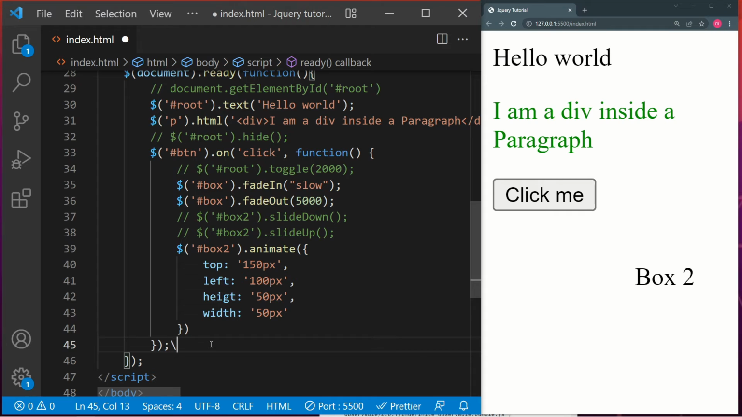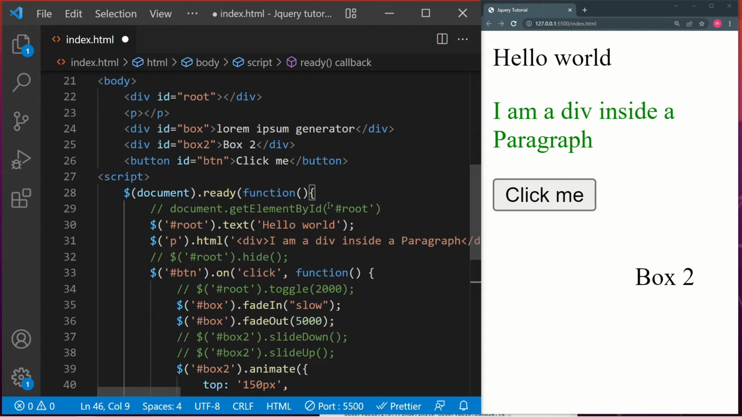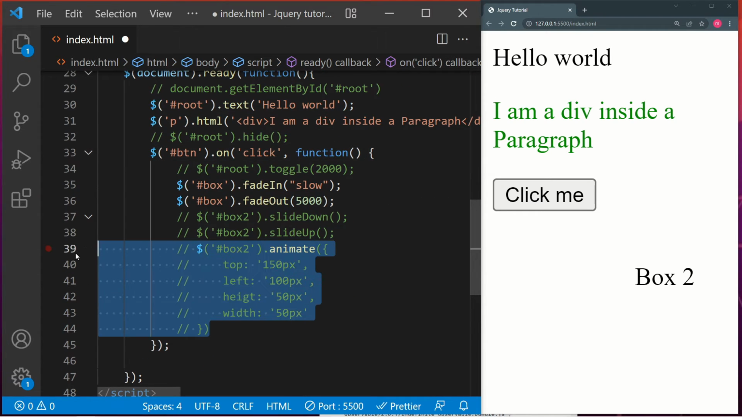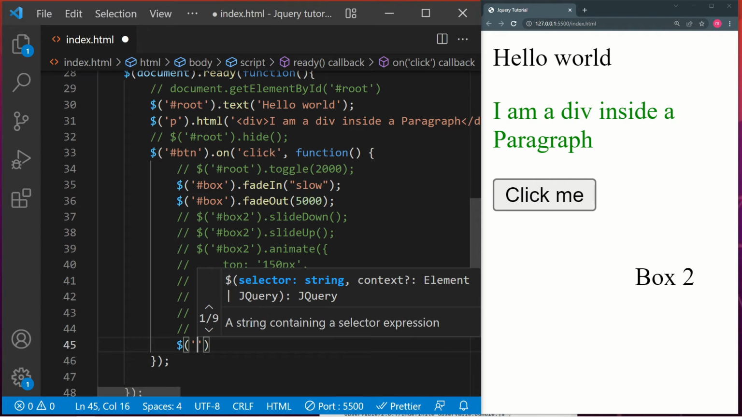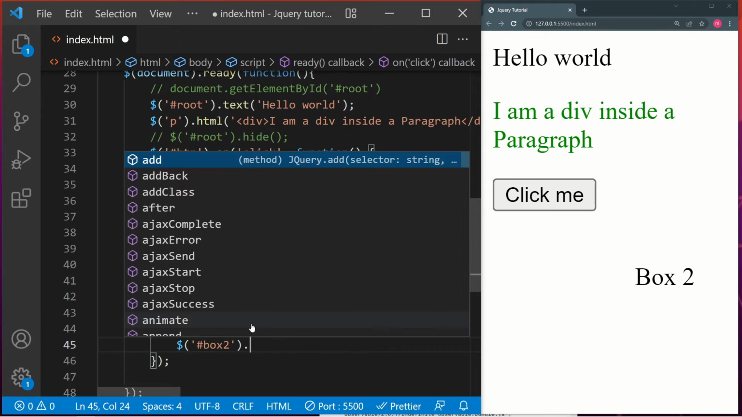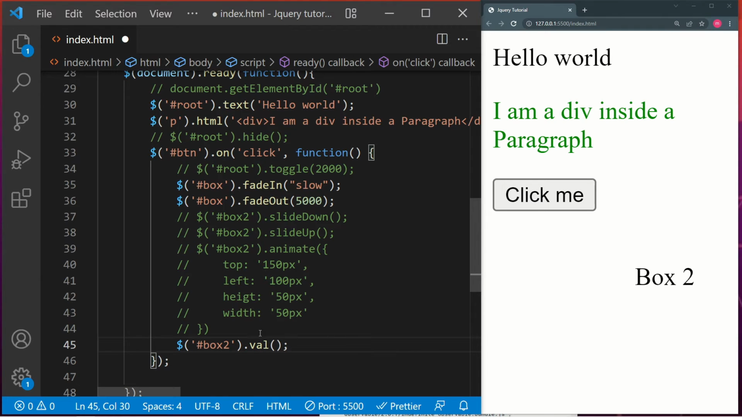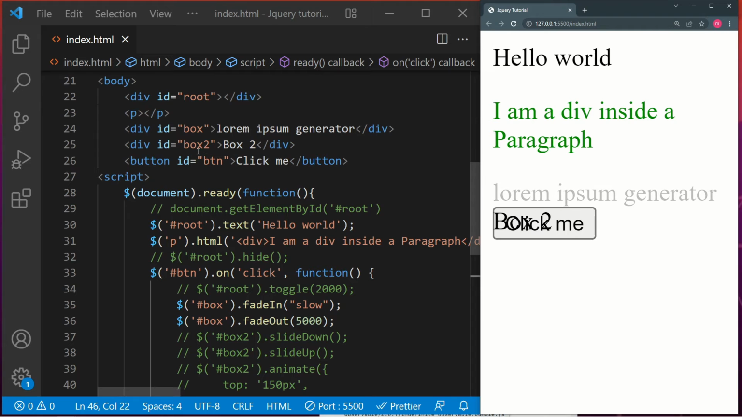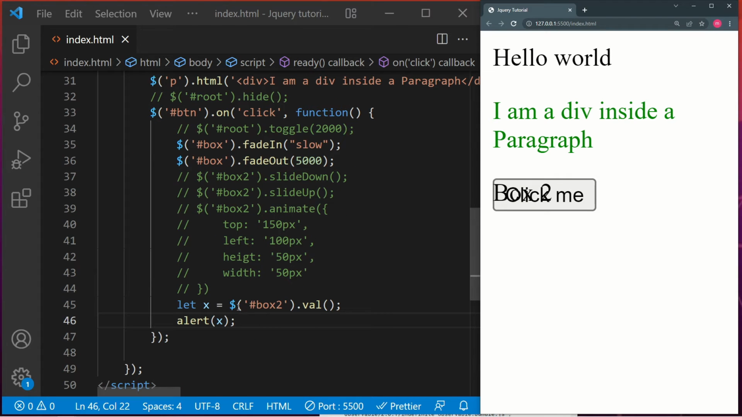Of course, I didn't take a very important one, which is the button click. Let's actually take the, okay, let's comment out this animate, we don't want it. Let's take the box 2, and we want to take the value, of course, very important. So let's say x is this, alert x. Okay, so the box 2 has value. All right, so what we're doing here is we're saving the value of this element in this variable, but